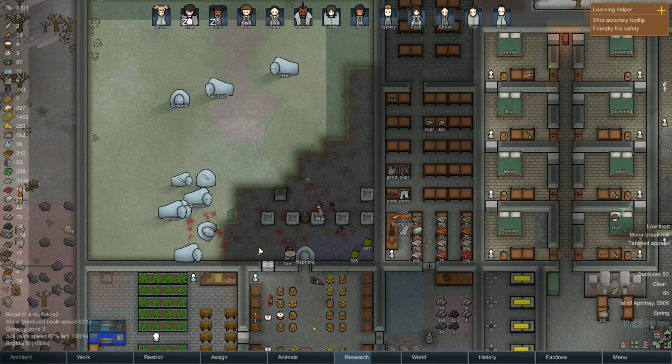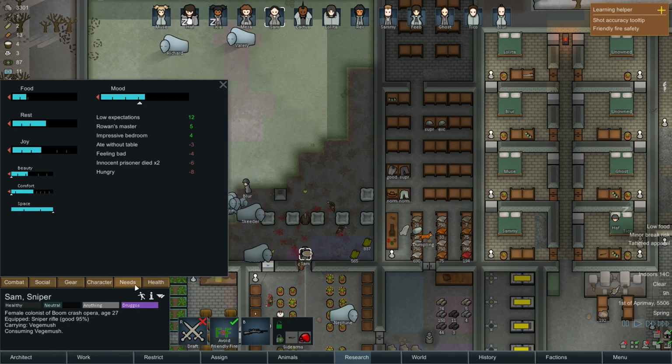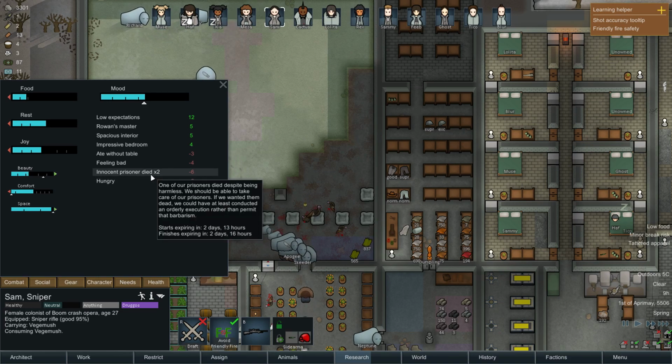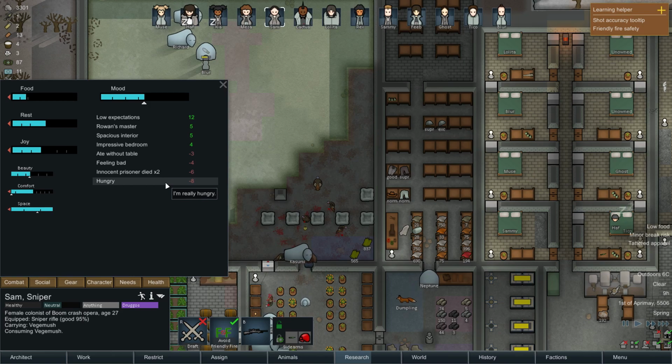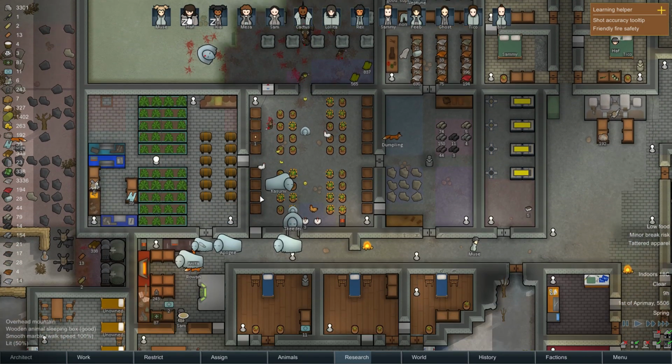No. Sorry. Sam, were you unhappy about that? You're unhappy about an innocent prisoner dying, and you're hungry. We are running low on food. So, I think we've done the right thing by selecting to do...